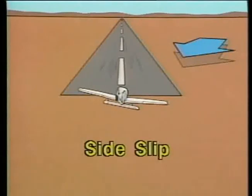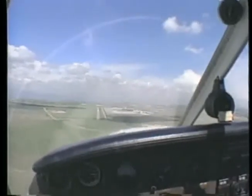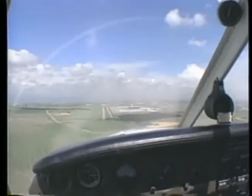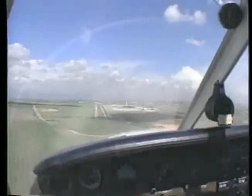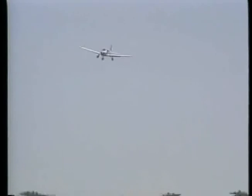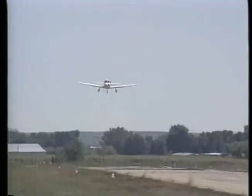The result is a side slip into the wind, producing a wing-low, straight ground track that keeps the airplane over the runway. In this example, the crosswind is from the right. Early in the final approach, turn the airplane's nose into the wind and maintain a straight ground path. Before landing, however, lower the right wing into the wind and apply opposite rudder to align the nose with the